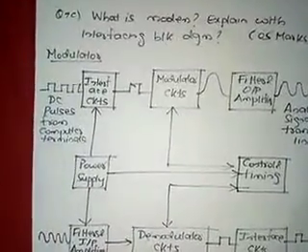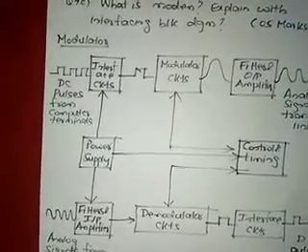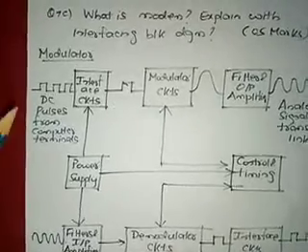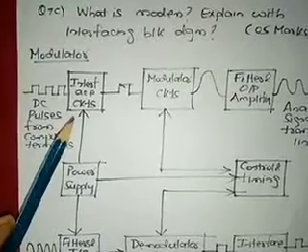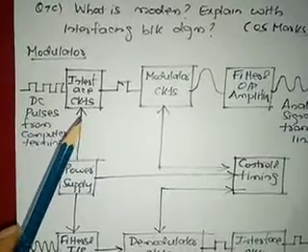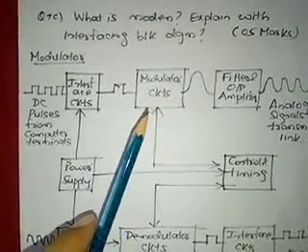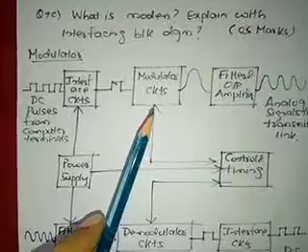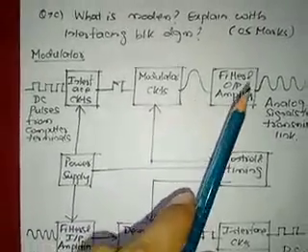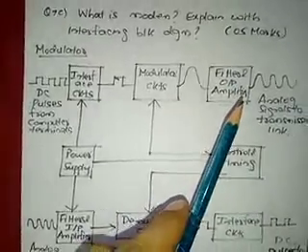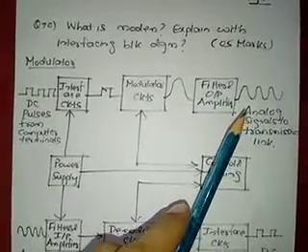Now what are the functions of these blocks? The input signal, that is the DC pulses, is applied to the interface circuit, that is the input circuit. This interface circuit applies the pulses, right? It interfaces it to the modulator circuit. Modulator is an important part, so it performs the modulation. Either it may be amplitude modulation or frequency modulation, right? So it modulates the signal and sends it to the filter and output amplifier. The filter and output amplifier filters the signal, amplifies it and transmits it.